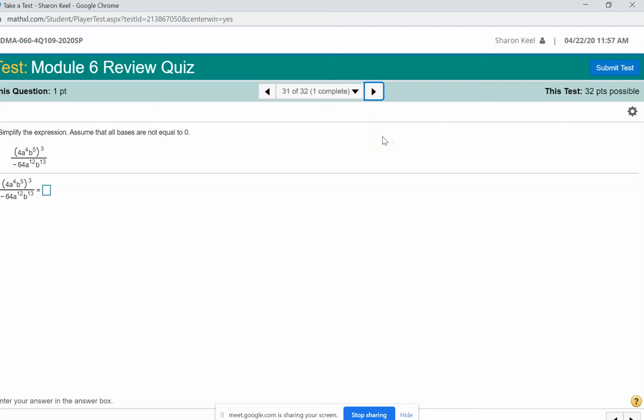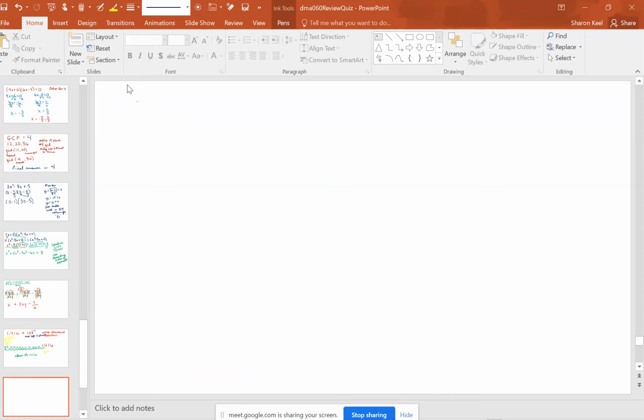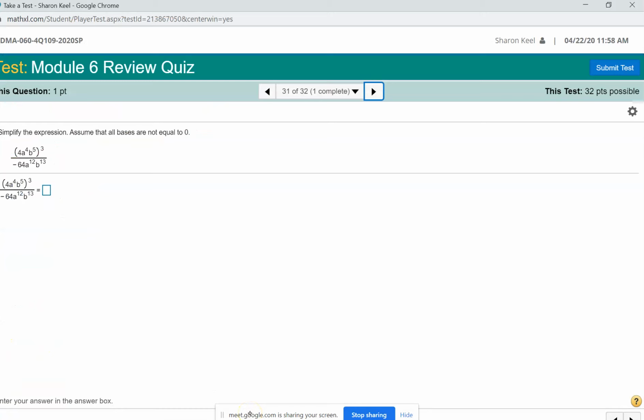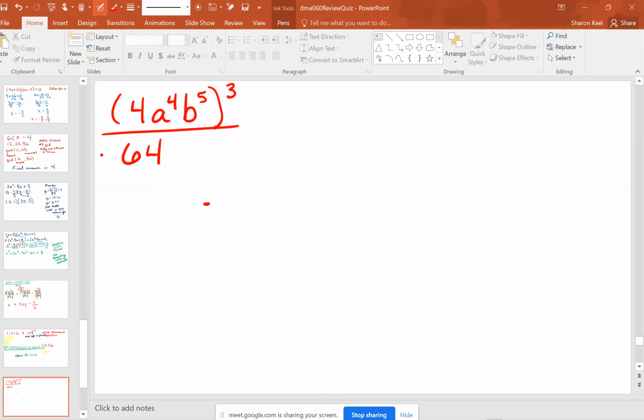Simplify the expression. Assume that all bases are not equal to 0. Okay, so we have (4a to the 4th, b to the 5th) all of that is cubed, over negative 64 a to the 12th, b to the 13th. The first thing we're going to do is use the property where everything that's in this parenthesis